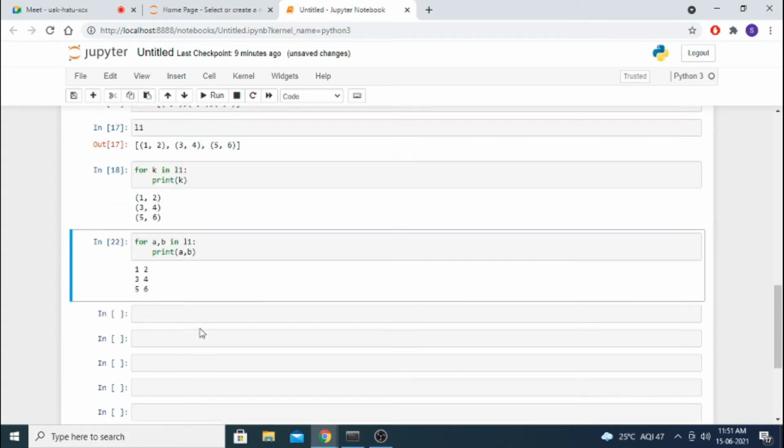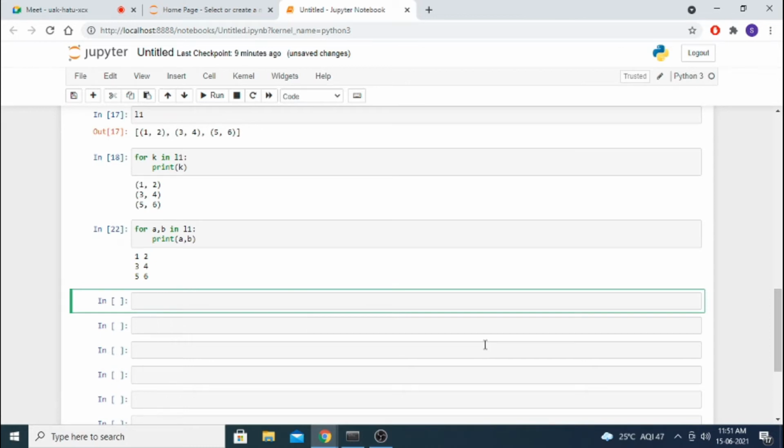Okay. Now for example, I am creating a dictionary.